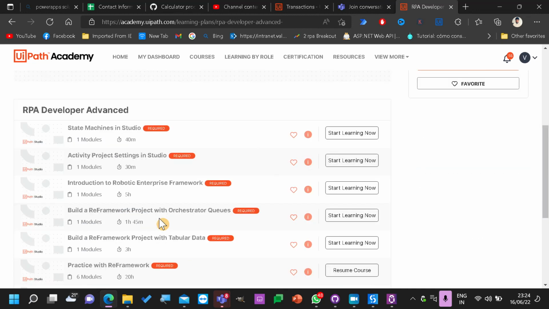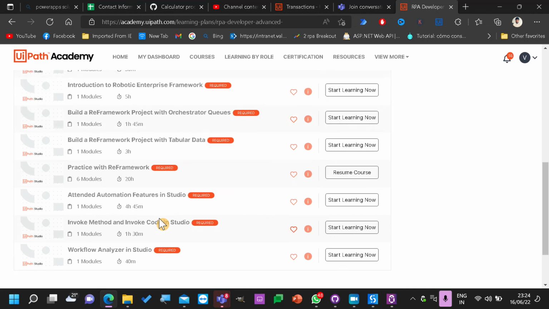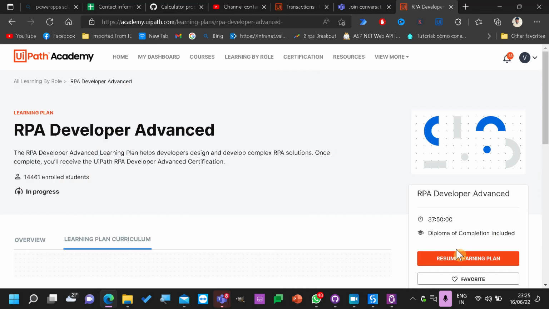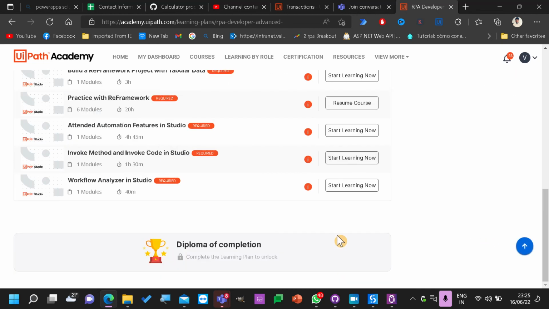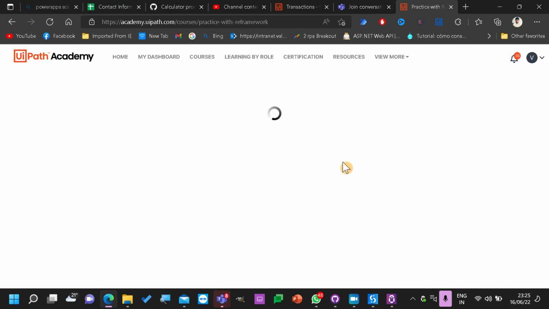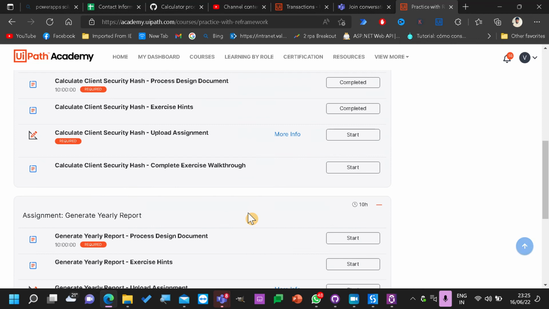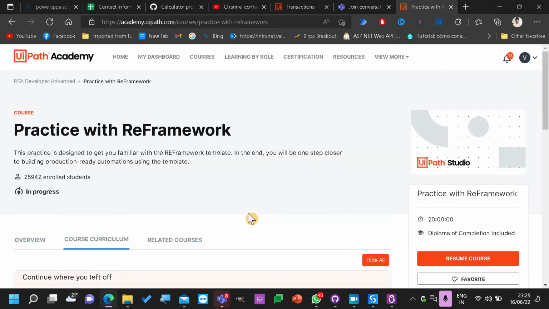Here you need to build 2 projects. So practice on REFramework orchestrator queues. Enroll. So practice with REFramework. Yeah, these 2.